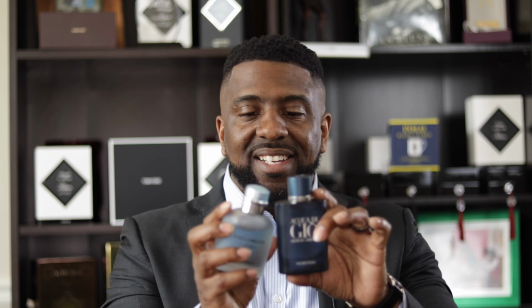And it also reminds me a little bit of Acqua di Gio Profondo. Not the Profumo, not the original, but Profondo. Now, I have heard some folks say that this fragrance does remind them of the Acqua di Gio Essenza. Unfortunately, I've never had a chance to put my nose on that. But if Essenza smells like these two fragrances combined, then I'm going to have to agree with that sentiment. But again, it reminds me